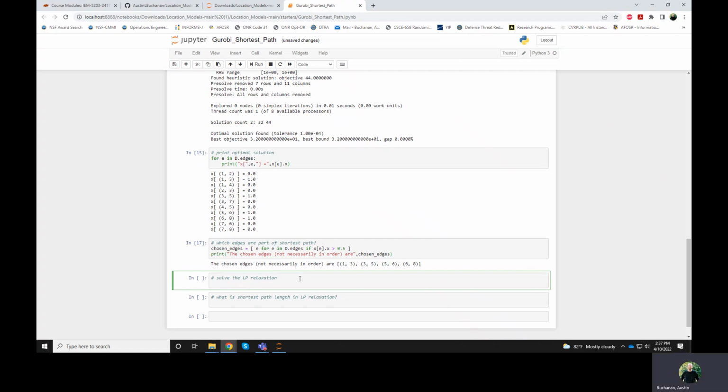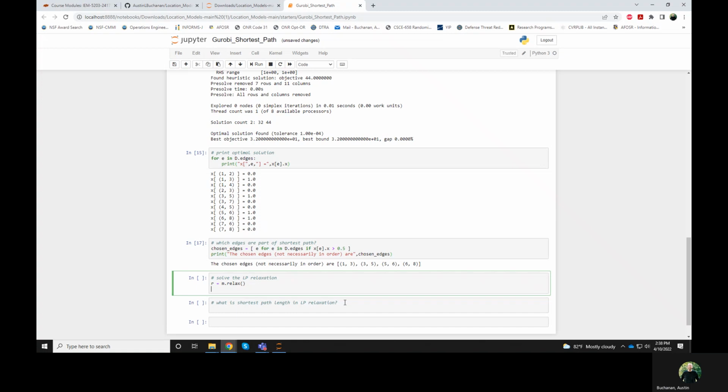So if you recall, in class, I had mentioned that the LP relaxation of this model had a very nice property. The constraint matrix is totally unimodular. And in essence, what that means for us is that if you were to solve the LP relaxation, it would actually give you an integer solution for free. So we don't necessarily have to define these variables as binary. In fact, if I were to take the LP relaxation, which I could get by doing m.relax, and if I were to solve this relaxed model,